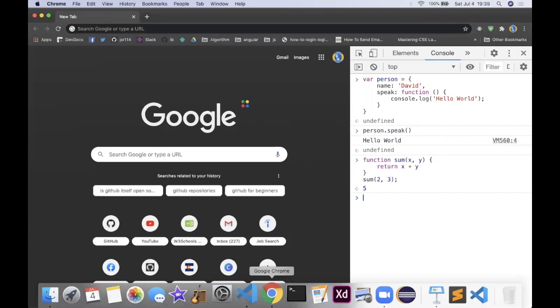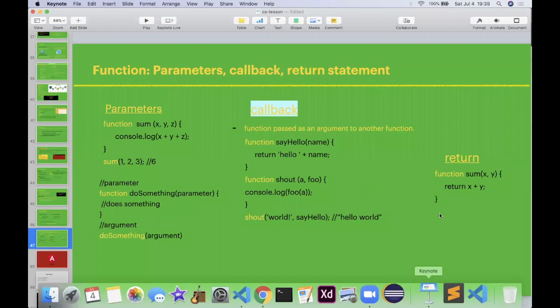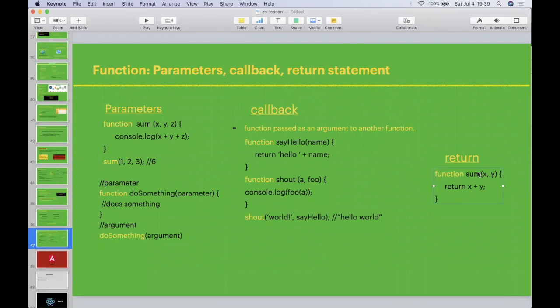Okay, so that's all I have for today. So basically like using